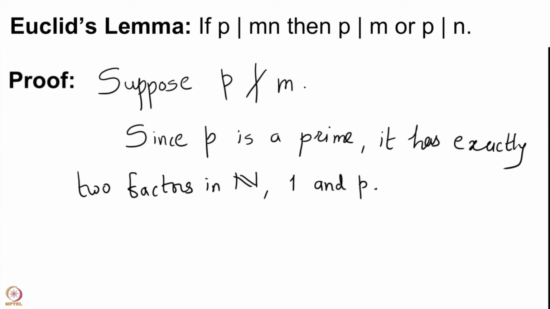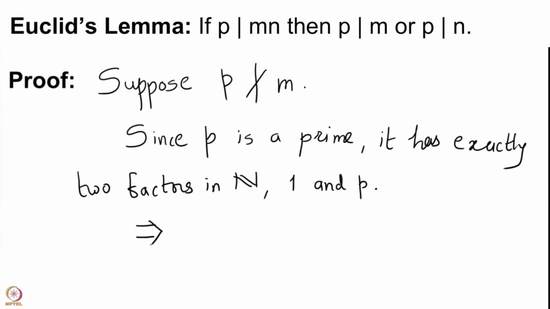GCD has to divide both p and m. So GCD, this is the symbol which we mathematicians use to say that the earlier statement implies the next statement. It says that the GCD of p and m is 1,